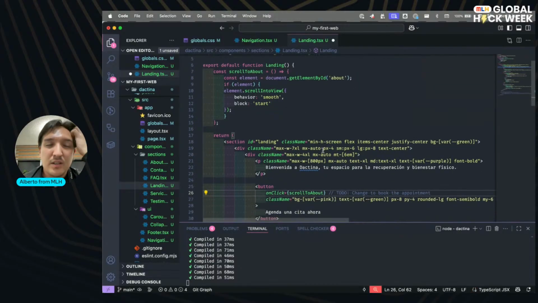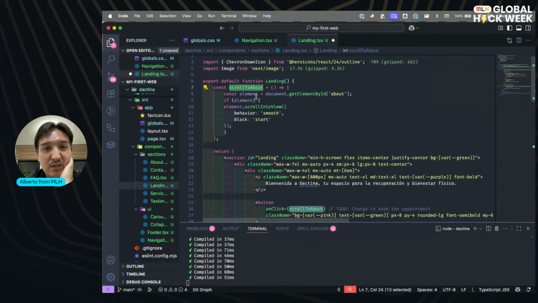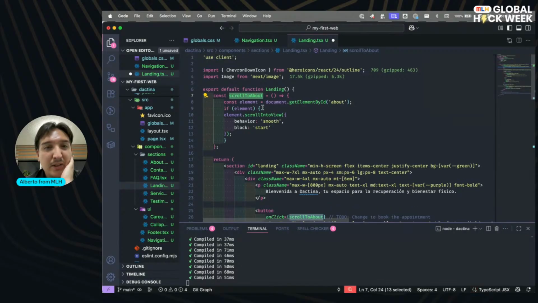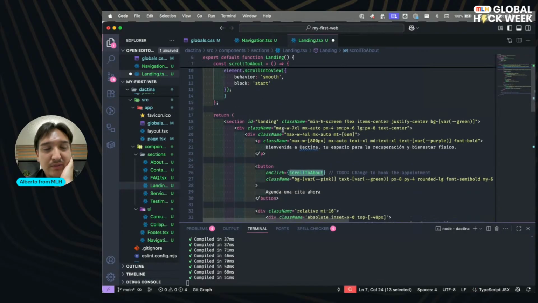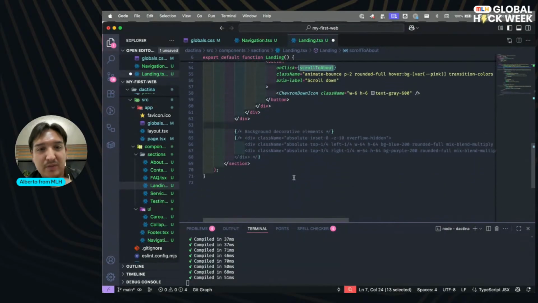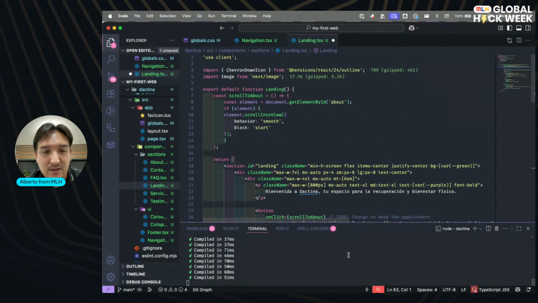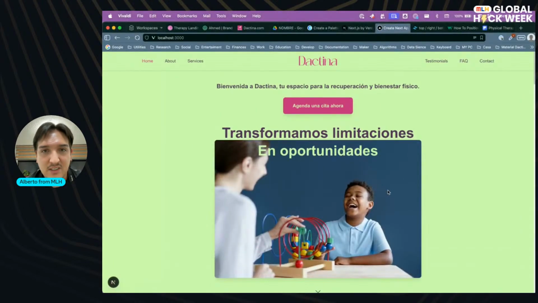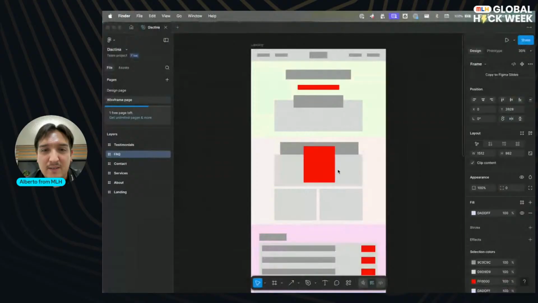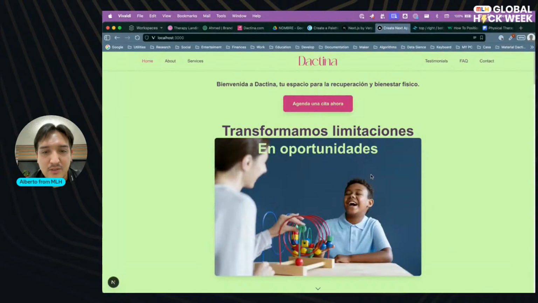What else? Scroll to about. Yeah, this won't be living in the future, so no matter. Hero 2, background decorative elements, goodbye. And then we can continue. What's the next section? About, right? Let's create the about.